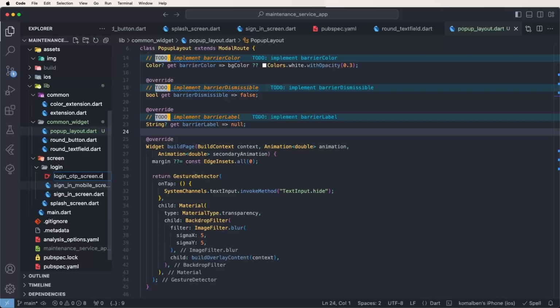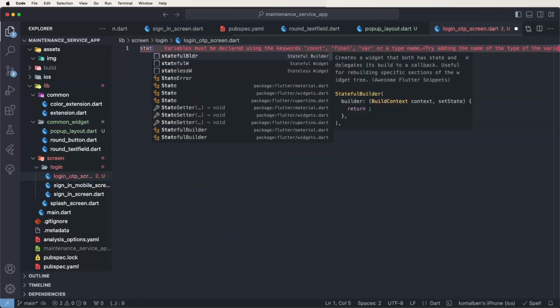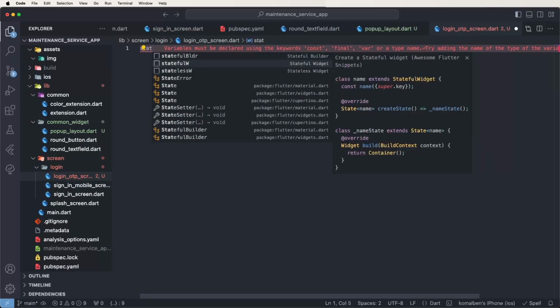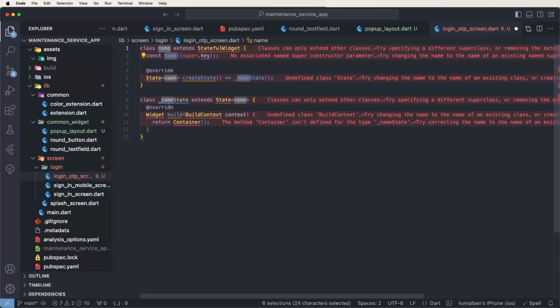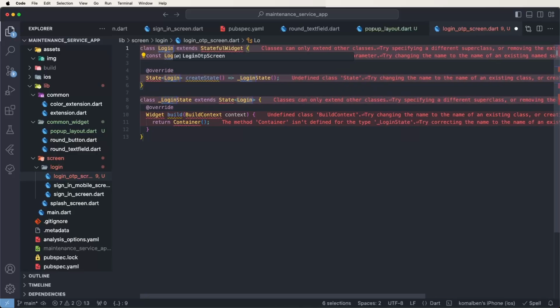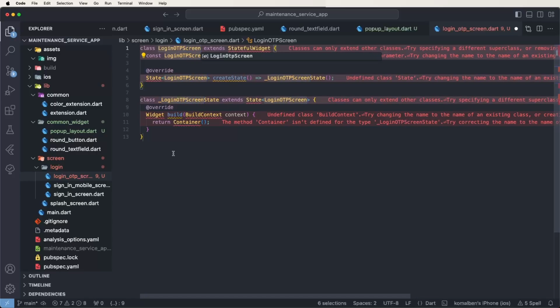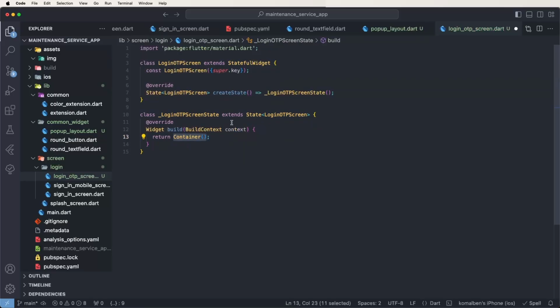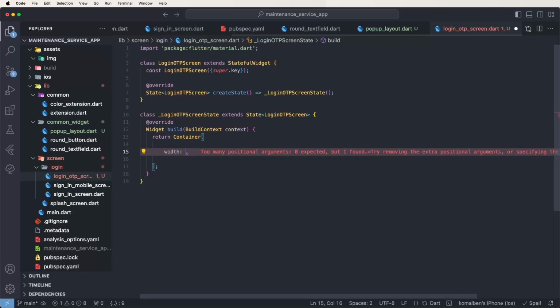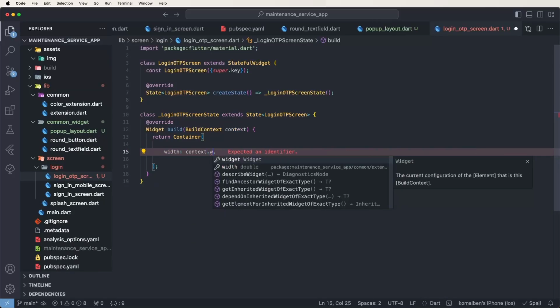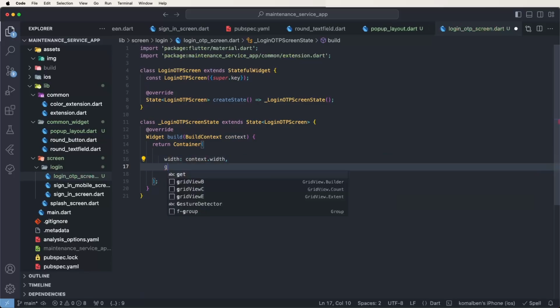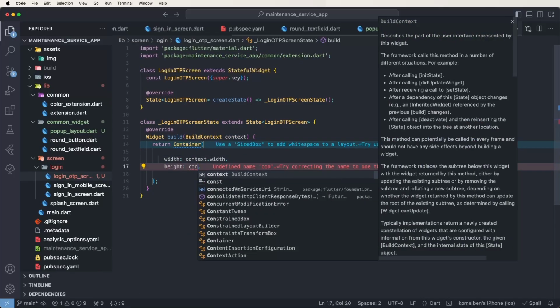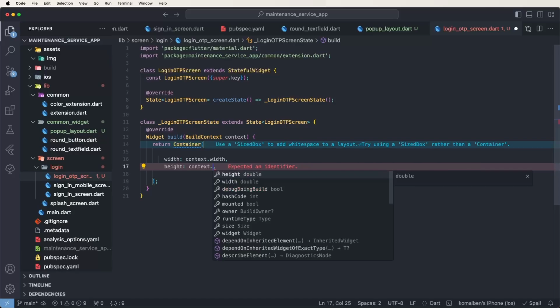screen dot dart, and now create a stateful widget and give it the name login OTP screen. Now set the import for the material dependency. Now create a container and give it the width and height, so we need to provide context dot width, full width, and also give the height context dot height